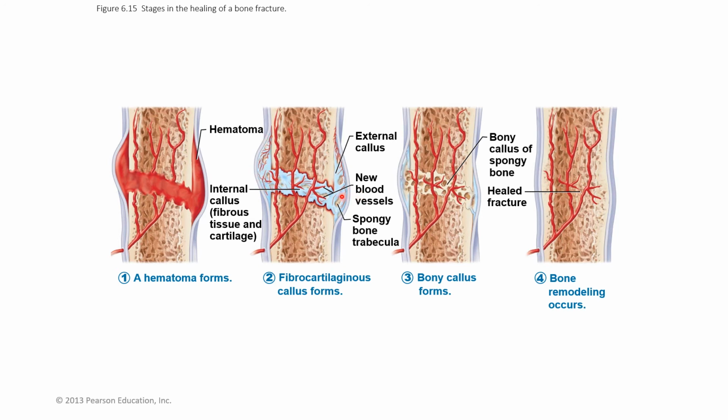And then what happens is the blood vessels are going to start to redevelop. So your blood vessels are starting to regrow and redevelop, but we can't keep that piece of cartilage forever. We want our bone back. And so that piece of cartilage starts to deteriorate, and your osteoblasts come in, and they are going to start puffing out the bony matrix, and it's going to start looking like spongy bone on the inside, and then it's going to go through some structural change to make it look like compact bone on the sides,